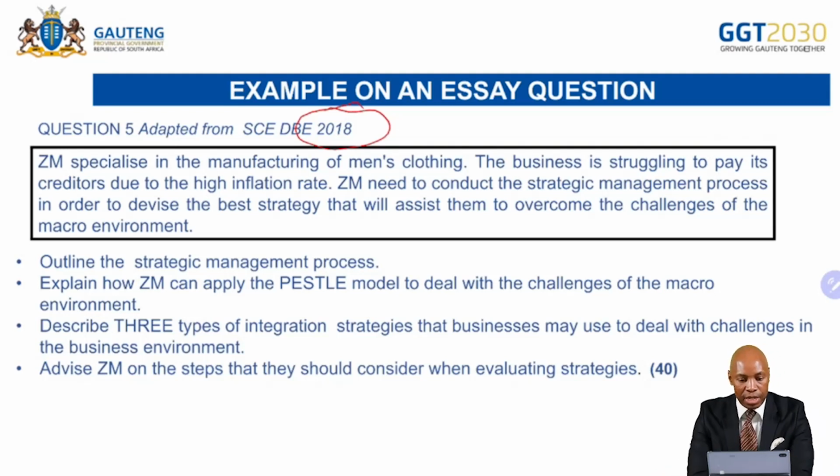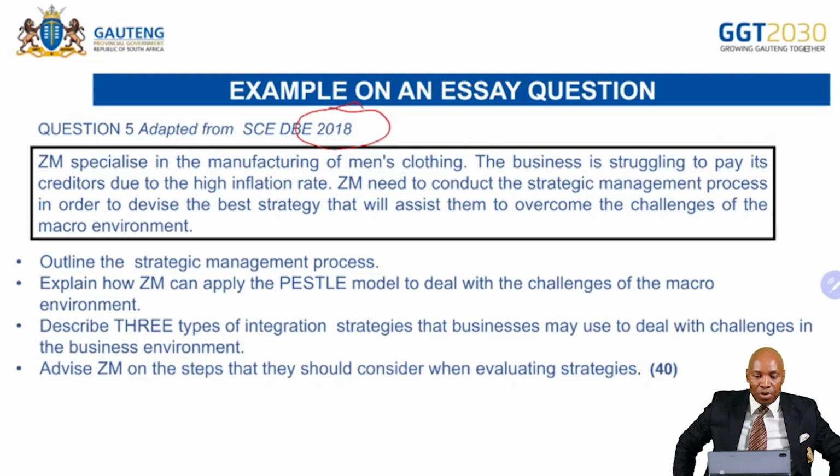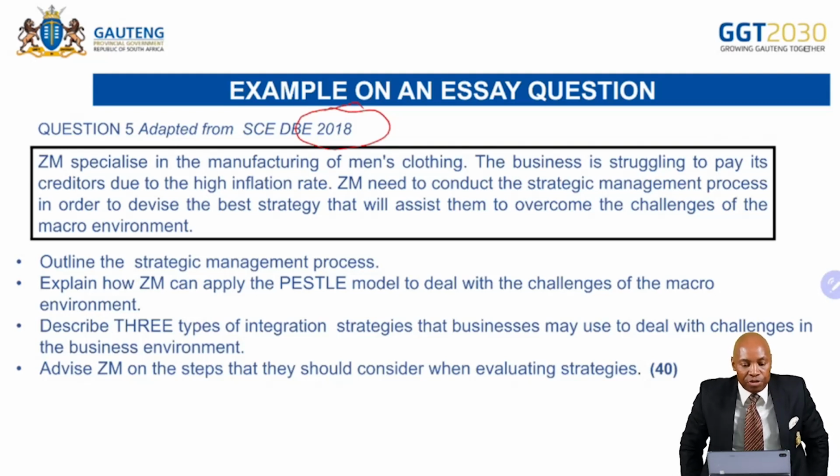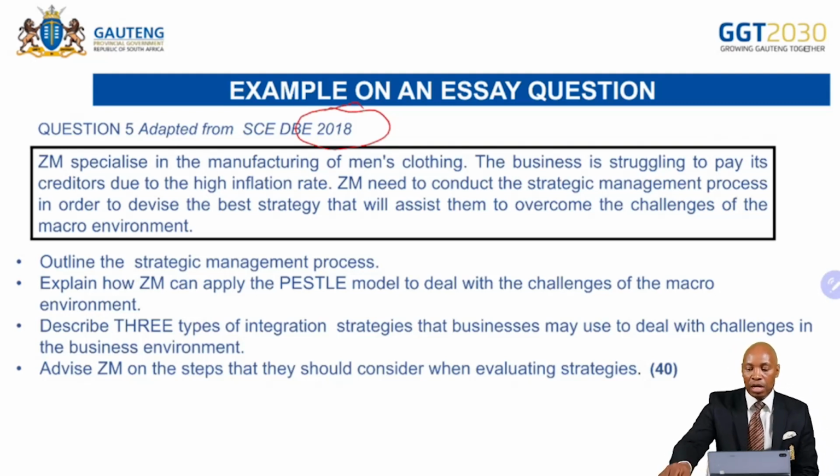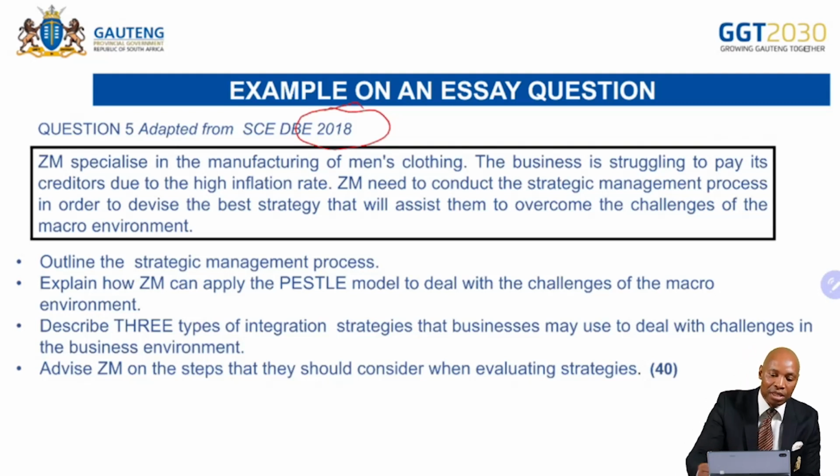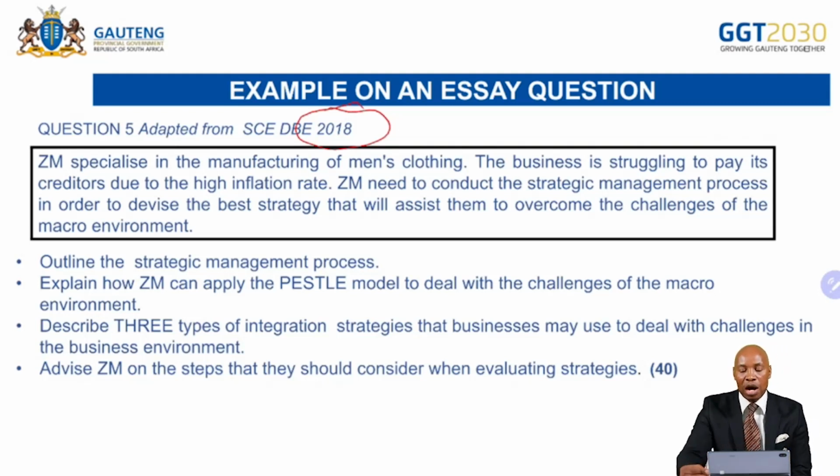Right, candidates, let's take a look at this example of an essay which has been adapted from one of the papers. Now, like I've indicated, I will keep on repeating that this is a preamble whereby we are not supposed to take any information from it, make an introduction about it, make a conclusion about it, or write it in the content of your essay. You are not allowed that. This is just a preamble to show you what our essay will be based on.